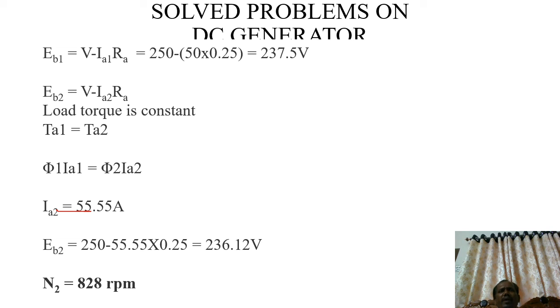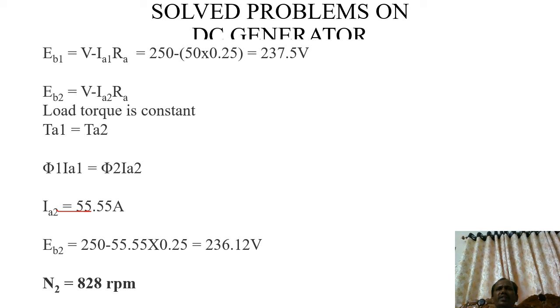Before that, remember the derivation and equation of the DC generator. If it is series connected, there is a series field winding connected in series with the armature winding. The armature has the drop IaRa, and the series field winding has the drop IaRse. There is a terminal voltage V. The EMF generated in the armature is Eg. Because the armature current is equivalent to the series field current, which is equivalent to the load current, you can simply write Ia.